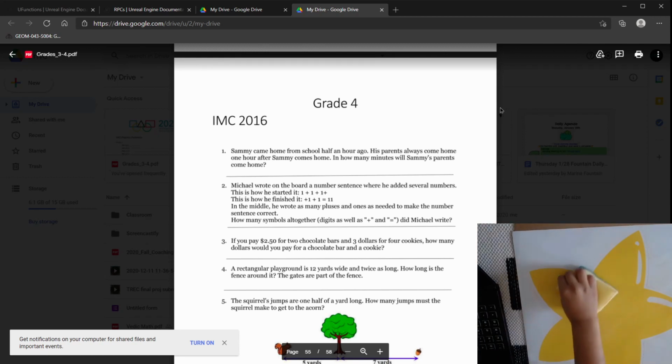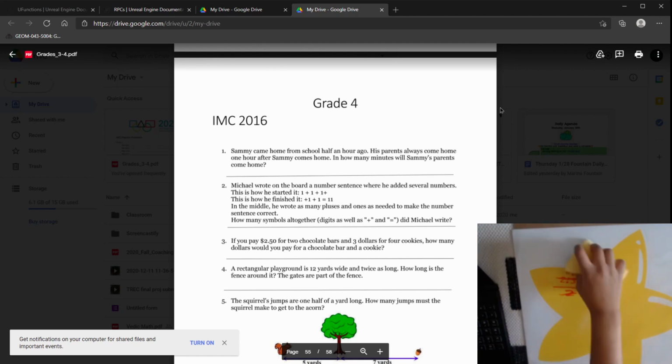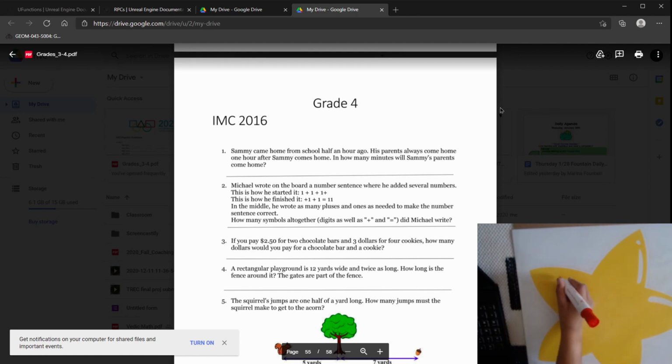Okay, so the easy way to do this is, so 2.5 is divided by 2 equals 1.25. So one chocolate bar equals $1.25. So I'm just going to write that right here. C equals